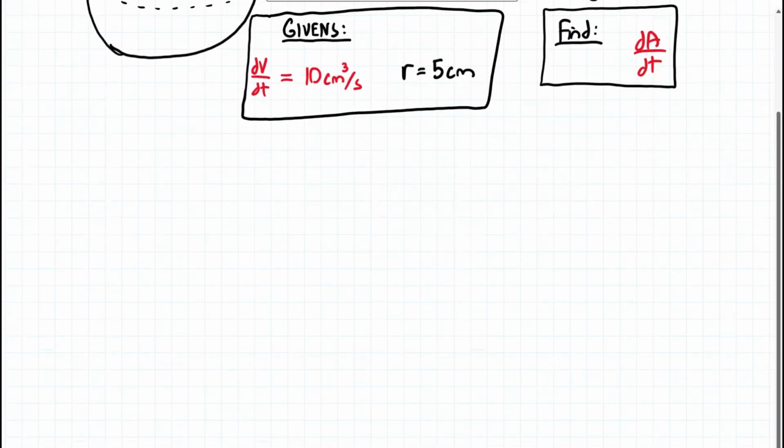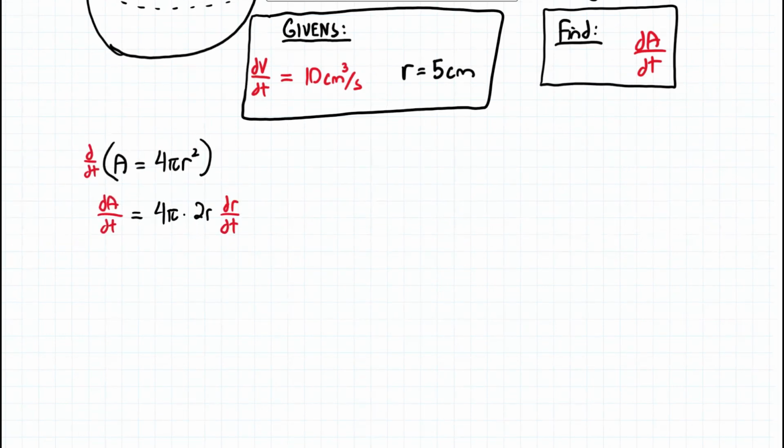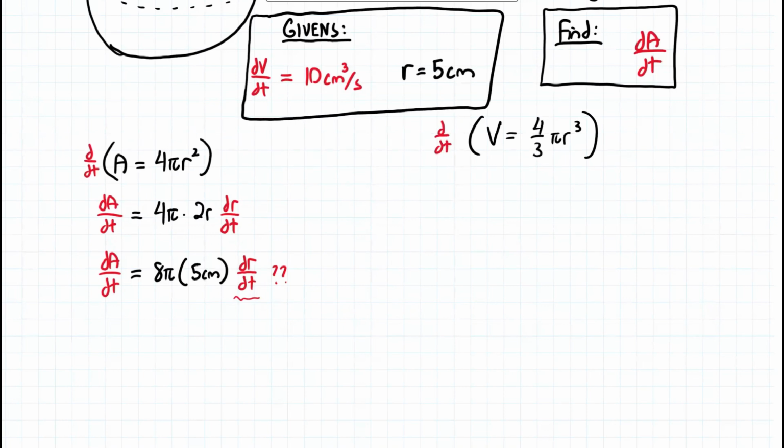Since we have to solve for the rate of change of surface area, let's start off by writing the surface area formula and differentiating with respect to time. Once we have the derivative, we can plug in our given values, but we see that we don't have the rate of change of radius. However, we were given the rate of change of volume, and we're going to use that to find dr over